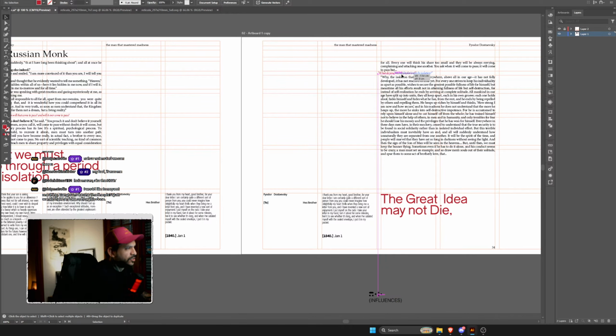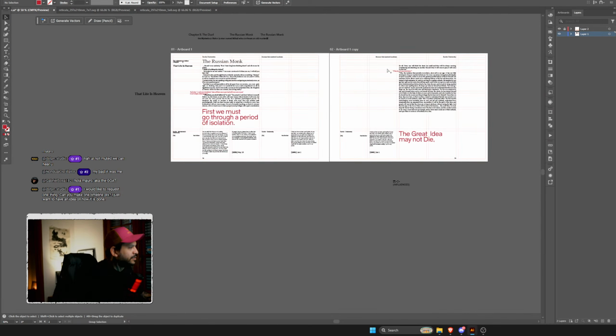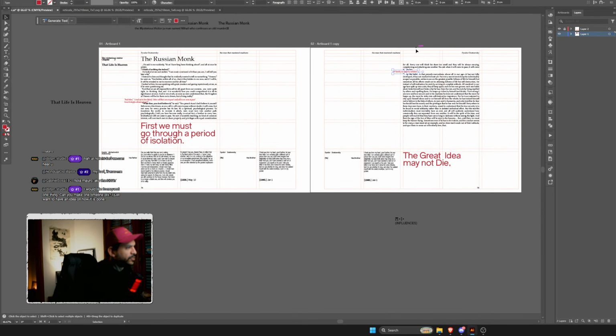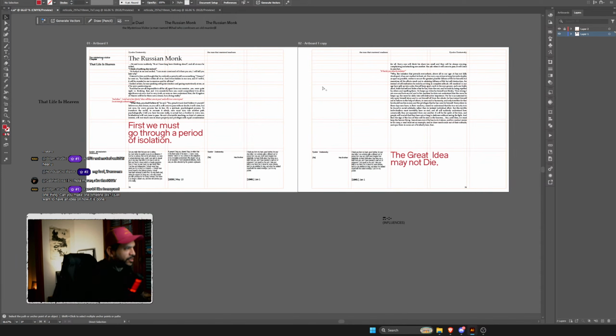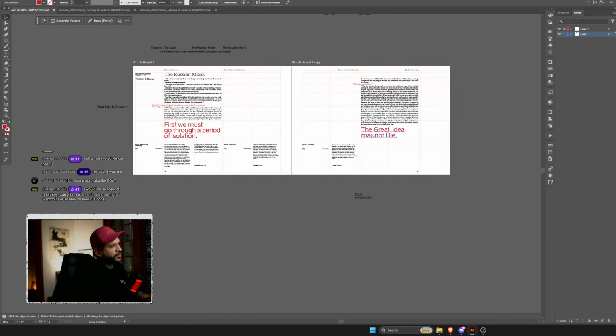Like that, so it doesn't sit completely off the grid, maybe like that, so it's kind of broken to the side, and all the pull quotes are going to sit straight in the middle of the main body text.